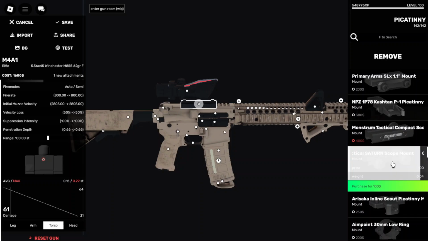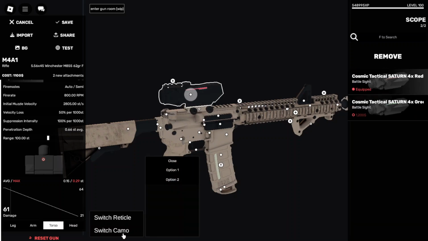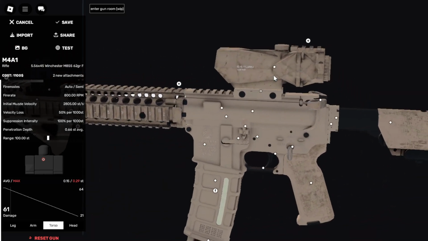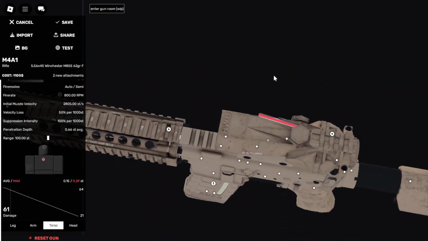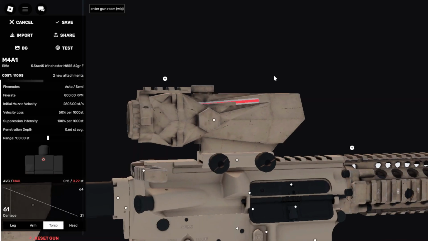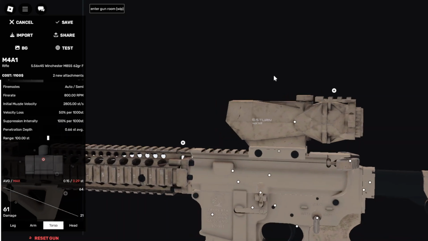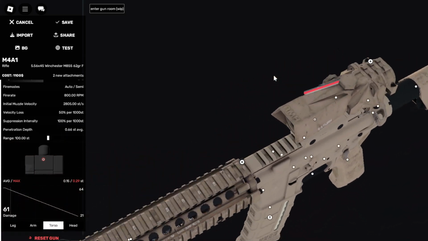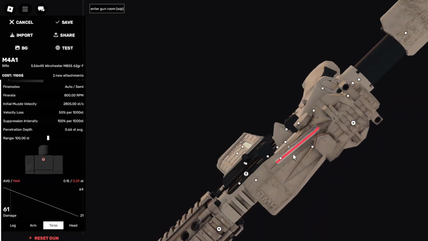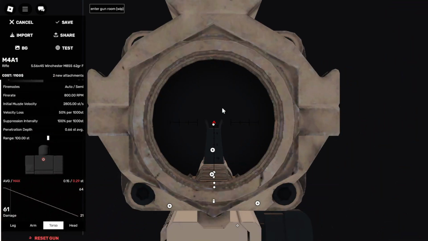This one, the Cosmic Tactical Saturn Scope. I'll make this tan so that we can see it a little bit better. So, this is what we're looking at. Now, I think the angles are very funky. It is very clearly a copy of the ACOG. So it uses this fiber optic. And basically the way that this works is light shines into this bar and it filters the light down into here